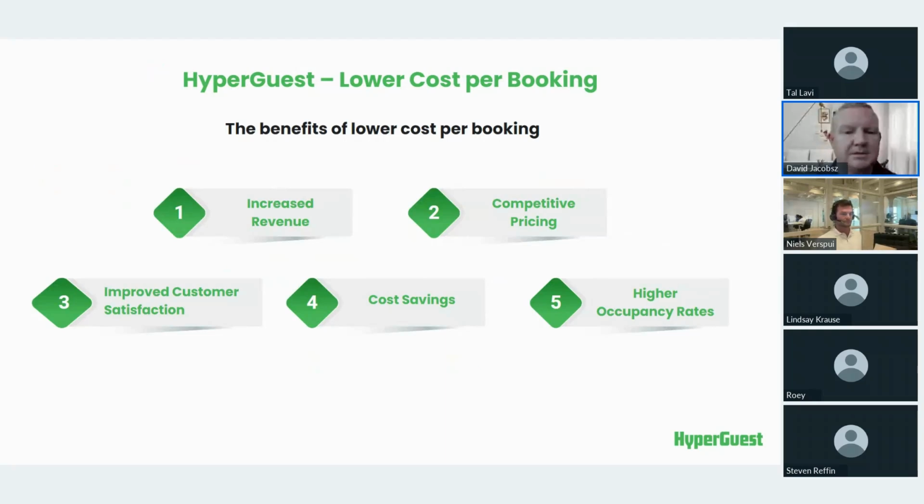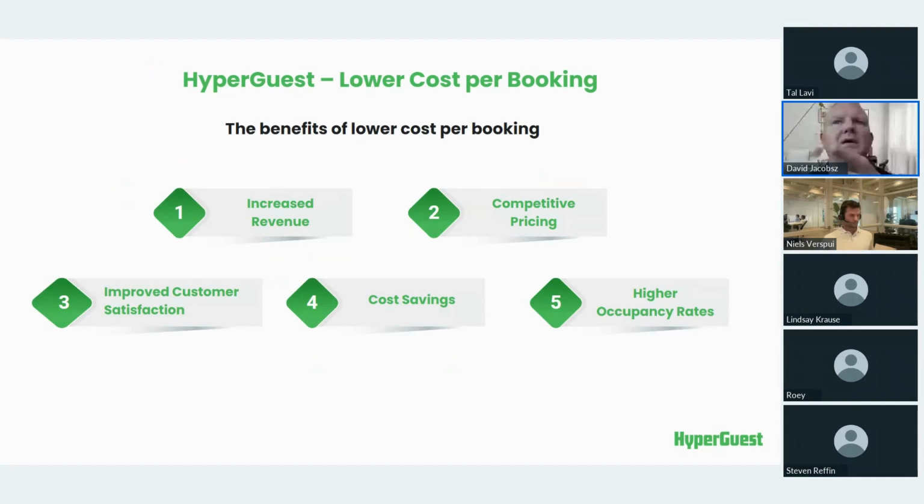So by lowering your cost per booking, like I said earlier in the beginning, HyperGuest, for instance, is a free distribution platform. It will increase your revenue if you start dropping your cost per booking, your distribution channel cost. If you can eliminate all of that, your bottom line will increase, therefore your revenue will increase. You will be able then to provide competitive pricing. And when I refer to competitive pricing, it's not necessarily cheaper pricing. It is competitive within your market. It's competitive within your comp set. That is what we refer to with competitive pricing.